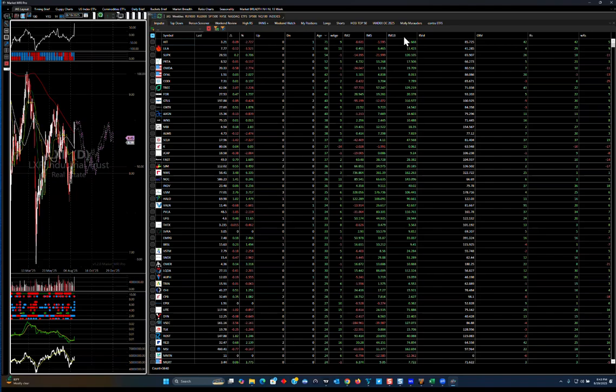I created a way of doing the force that takes away the fact that banks always have force on an update because they have 50 million shares every day. Well, I could care less if I have 50 million shares traded daily on JP Morgan and today I have 47 million. I don't want to give them an award for having 47 million. But if they had 80 million and it was 60% higher than a normal day, I want to give them an award. So I reward the increase or decrease percentage compared to the average volume, multiply it times